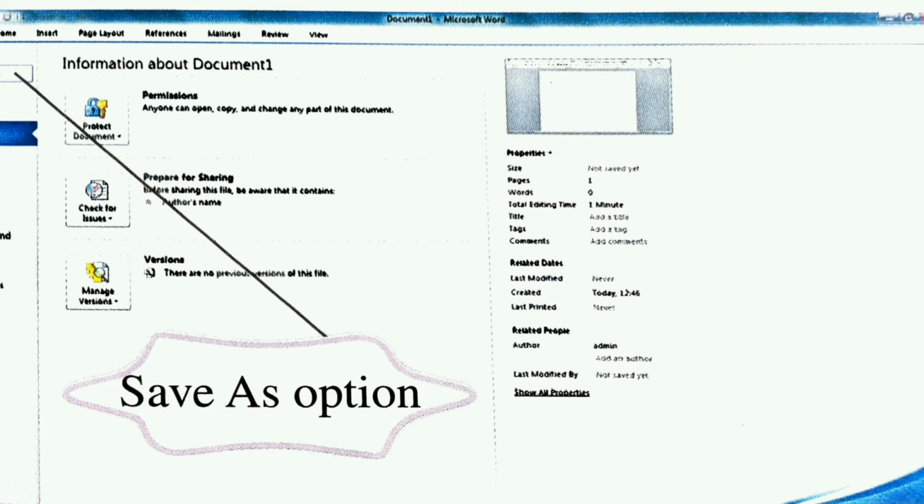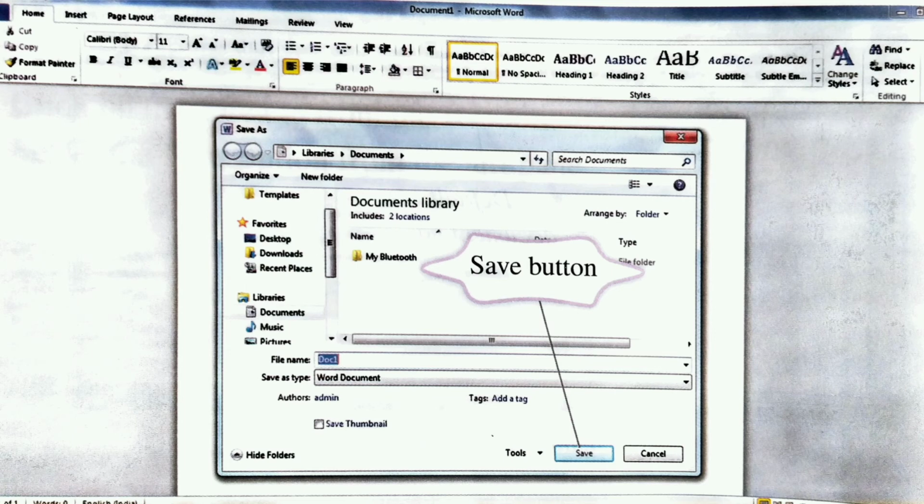You can click on the File tab from the ribbon and then you can select the Save option if you want to save a document. Then you have to select the location where you want to save the file. Then you can type the name of the file. You can keep it whatever you wish. It can be your name. It could be anything. Then you have to click on the Save button, which you will find in the lower right corner of the dialog box. Once you do this, your file will be saved.